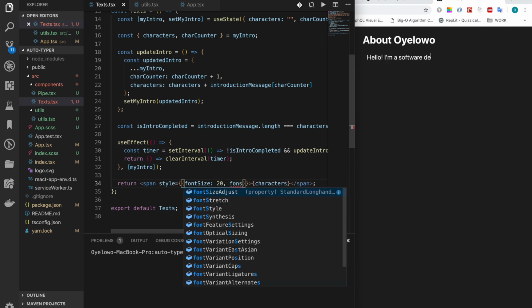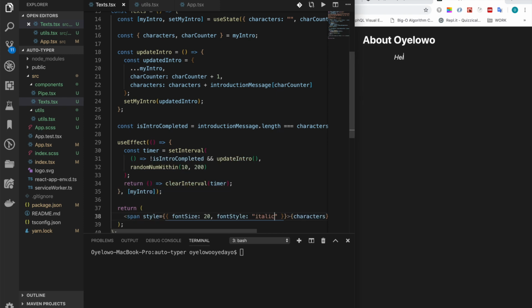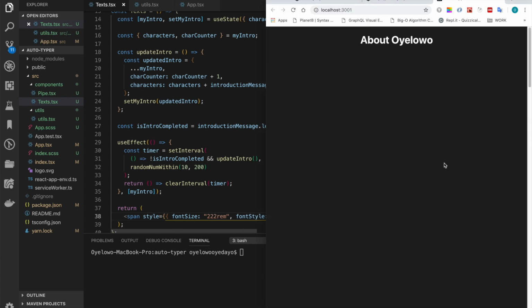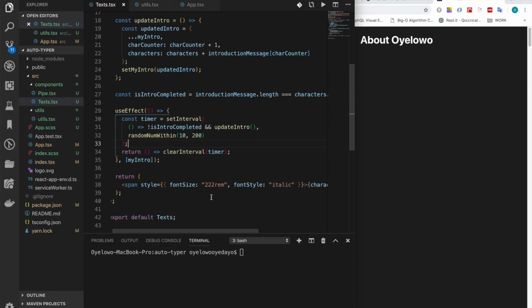Then font style should be italic. Okay, now looks like